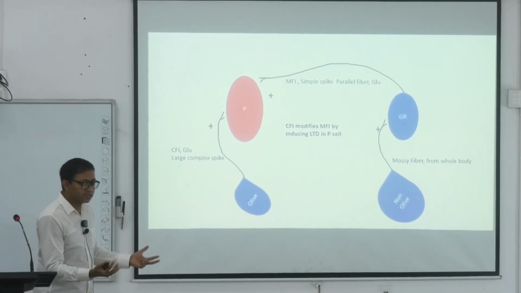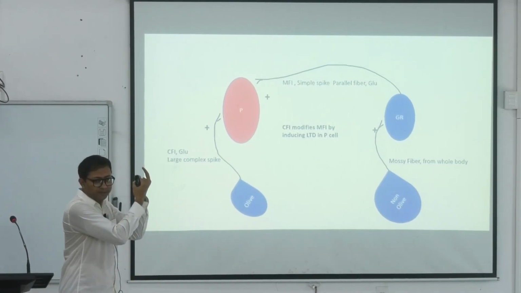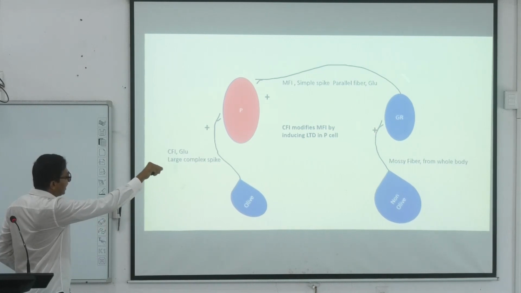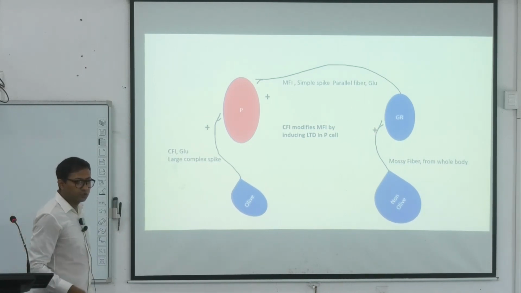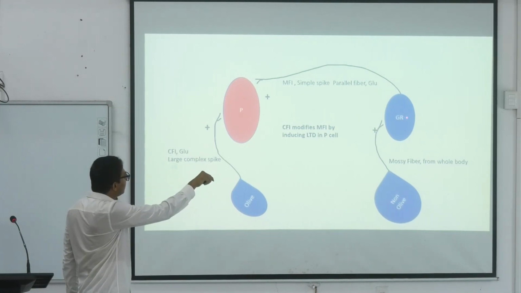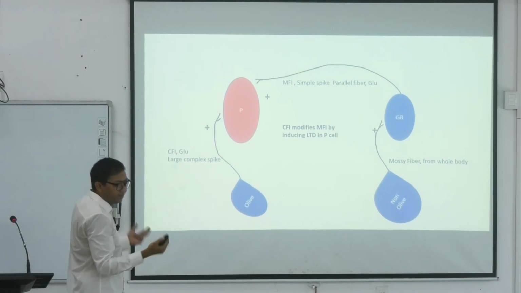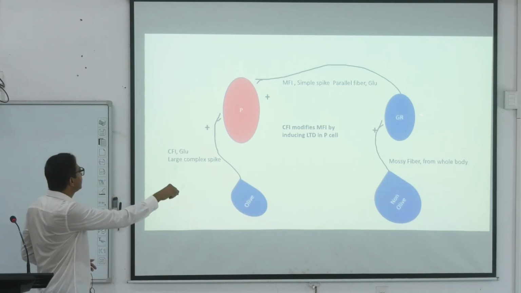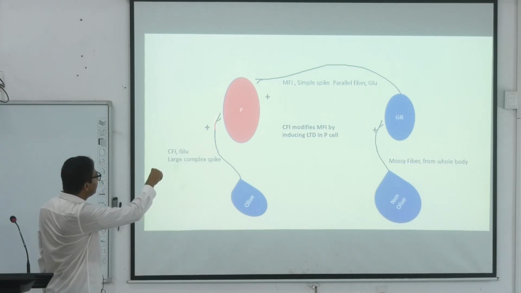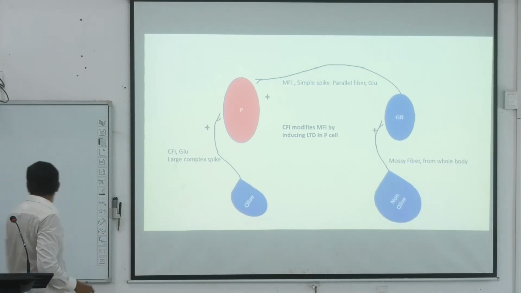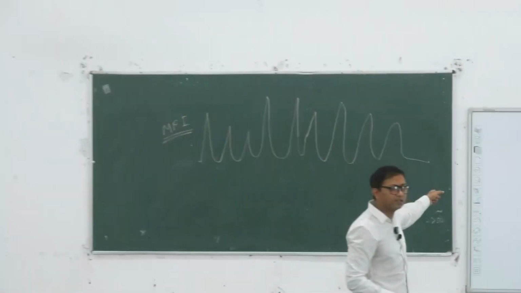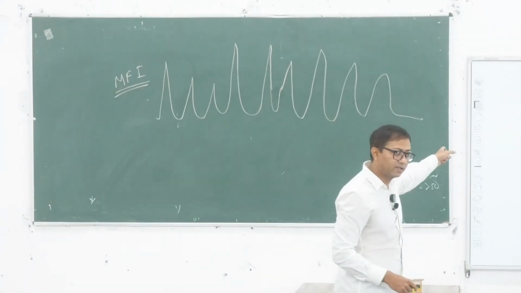So সমস্ত জয়েন্টস থেকে প্রোপ্রায়োসেপটিভ ইনপুট গুলো সব সেরিবেলামে আসছে, কোথা দিয়ে আসছে, মজি ফাইবার দিয়ে আসছে, মজি ফাইবার থেকে এসে গ্রানুলার সেলে আসছে, ওকে। নাও গ্রানুলার সেল কি করছে, গ্রানুলার সেল বেসিক্যালি ইজ এ নিউরন, ঠিক আছে, গ্রানুলার সেলটা সাইনাপস করছে Purkinje সেলে, রাইট, অ্যান্ড ইট ইজ কজিং এরকম স্পাইক, সিম্পল স্পাইক, কিন্তু কোনোটার হাইট একরকম নয়, ওকে।